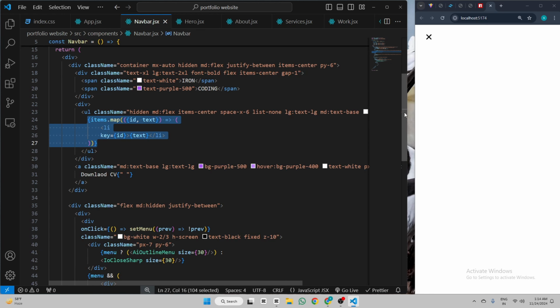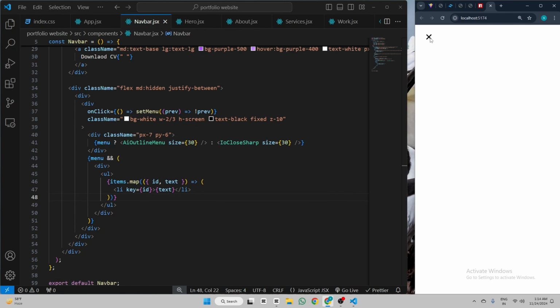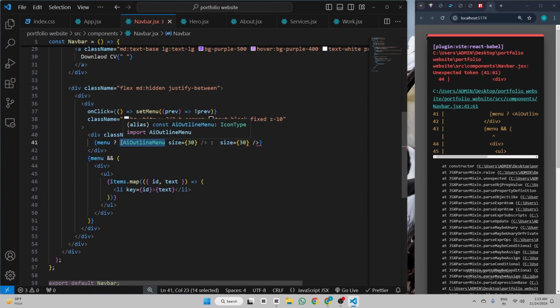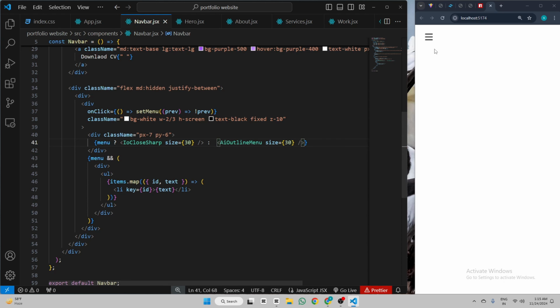So just copy this and paste it over here. So here when I click on this, our menu is appear. I have a mistake here. We have to just cut it and paste it over here, and here we can use our AI outline menu. So now when we click on this menu icon, I got my list items,